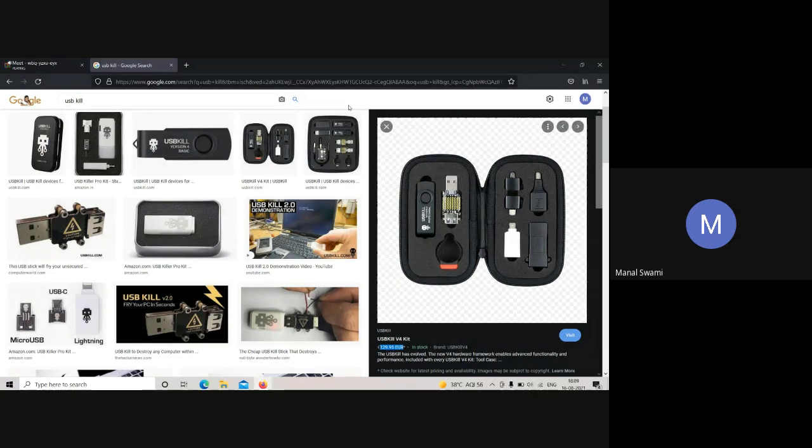Whenever you connect the pen drive over there, the system gets locked. Or else you can make something to break the passwords. Okay, whenever you connect a pen drive to any system, it is able to crack the password of that system. Doesn't matter how powerful that password may be.